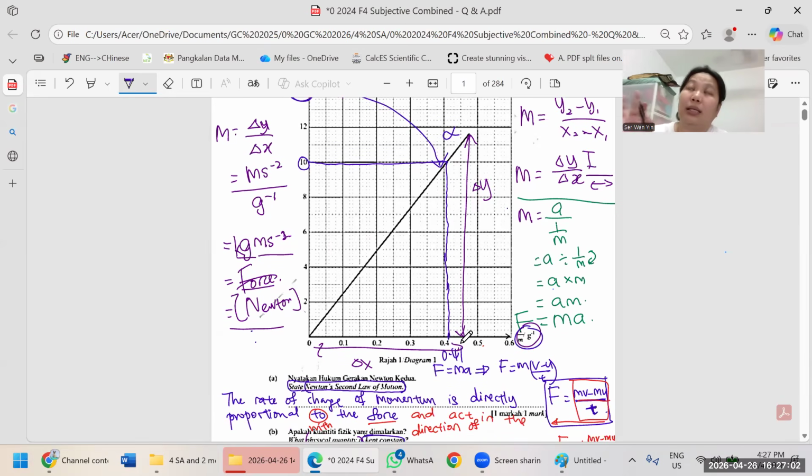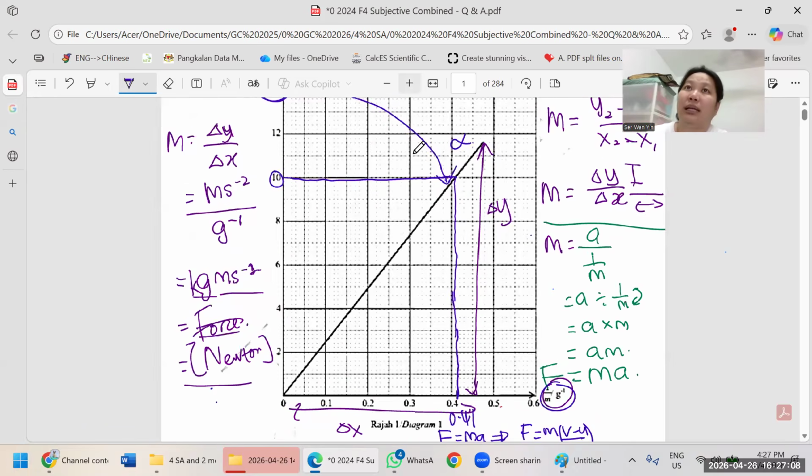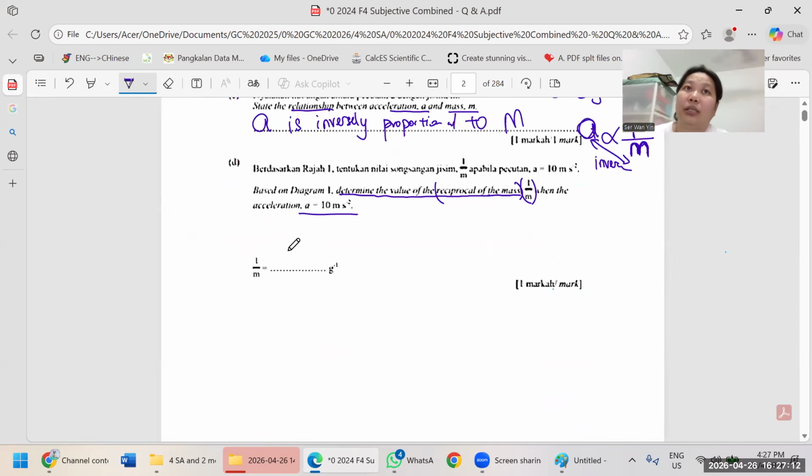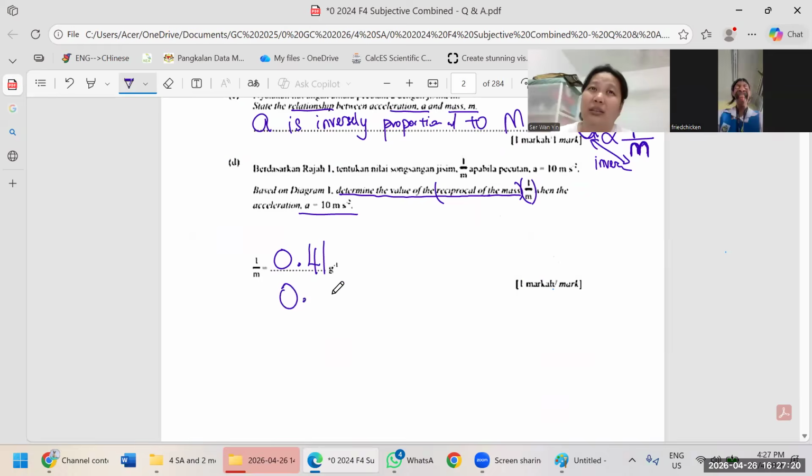It's not clear, okay, I know. In the exam, it will be clear. If not clear, the teacher will go to your class and tell you, don't worry. So it's 0.41. Not clear, not clear. So if you say it's 0.41,